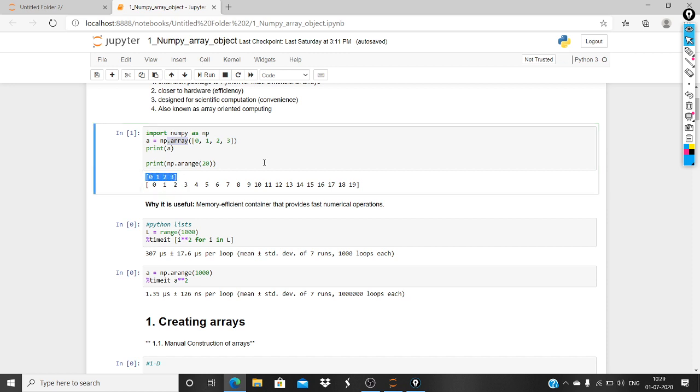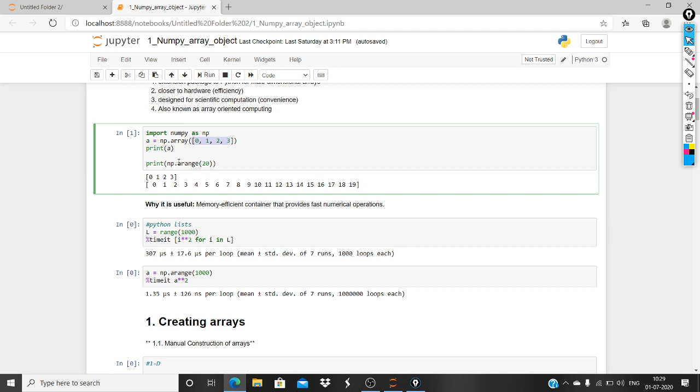Arrays and lists are two different things, so don't get confused in those things. An array is a kind of matrix, if you know maths, but even if you don't know maths, be clear that an array and a list are different. So this is how we generate an array.